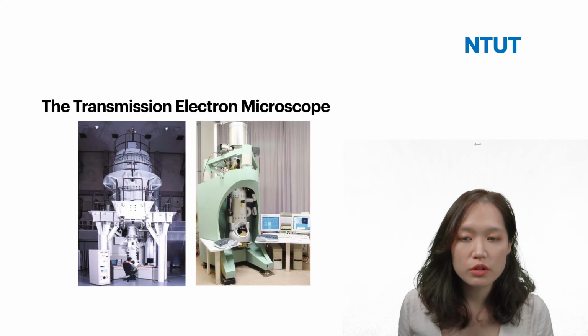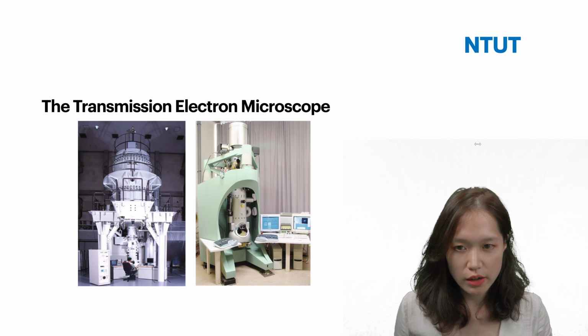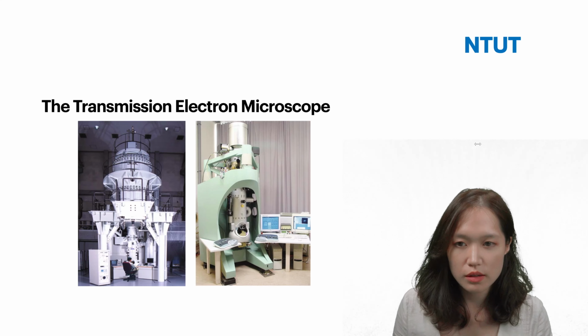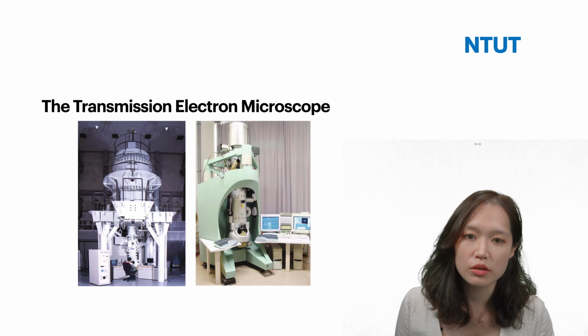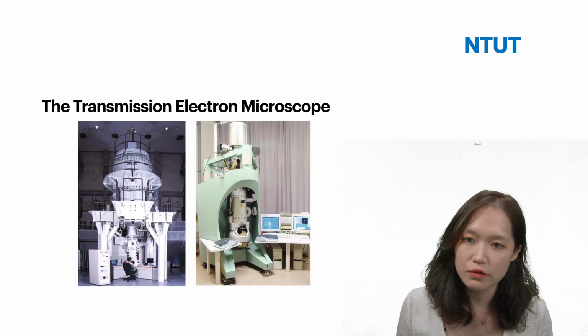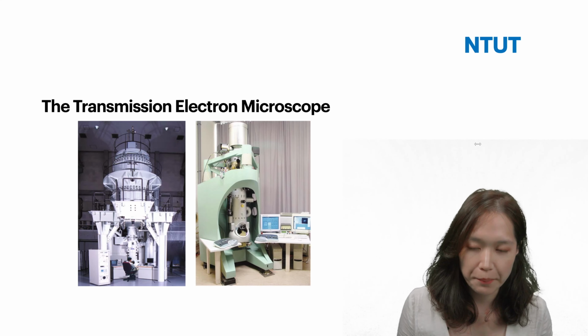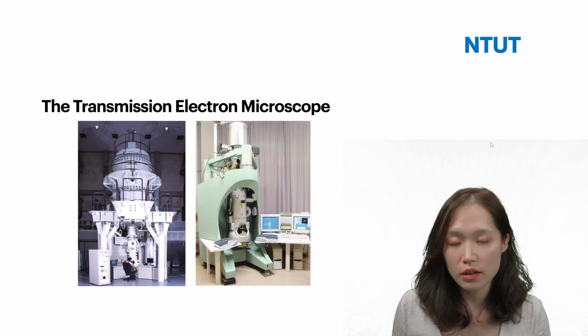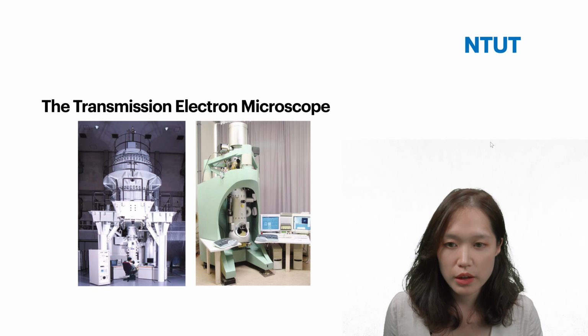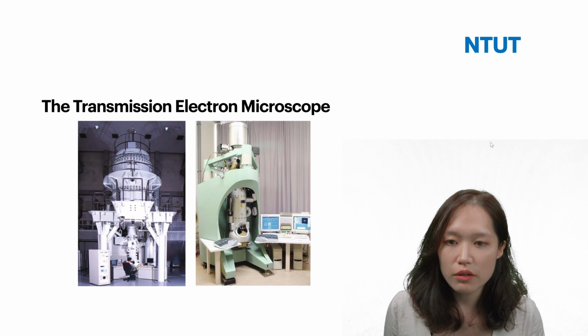So we have just summarized the scanning electron microscope. Next is the transmission electron microscope. Also, I'm just going to refer to it as the TEM. The term transmission, as we have mentioned, is literally electrons that come out from the other side of your sample. And these two are very common, old school types of TEMs that are present.